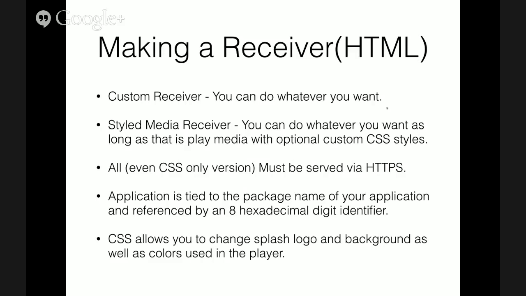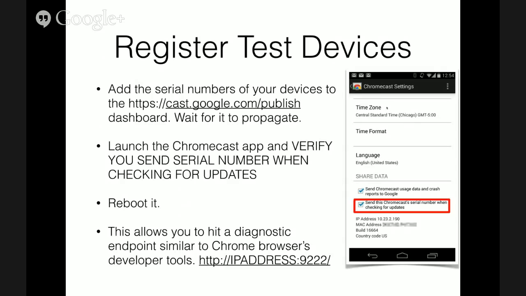Then your next step, because it also has to replicate, is to register a test device. Go into the Google Chromecast dashboard, add your test device by serial number, and it's written on the back in really faint lettering that's hard to see. You will have to climb behind your receiver to pull it out to find this. Make sure you check that box that says send this Chromecast serial number when checking for updates. If you don't do that, it won't send it, and then it won't get the special commands from the server to download or to switch into developer mode, and then reboot it, let it rejoin and all that stuff. And that lets you debug the thing, so you can actually go to the Chromecast IP address, port 9222,